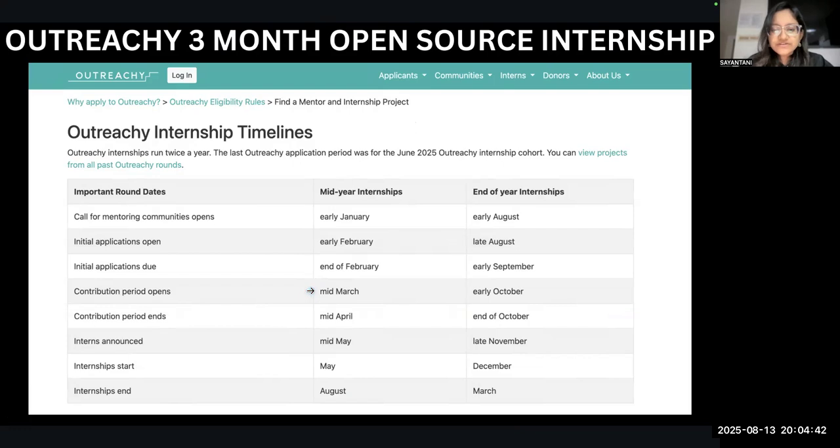The contribution period starts in early March. So contributors, coding enthusiasts, beginners and advanced, your contribution period starts in mid-March. You have to be very clear on it. It's a summer internship, so mid-March is when they open their contribution period. The contribution period deadline is in the middle of April. So the one-month contribution period is open to you